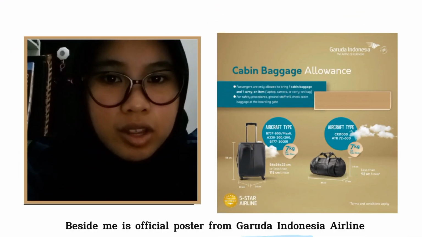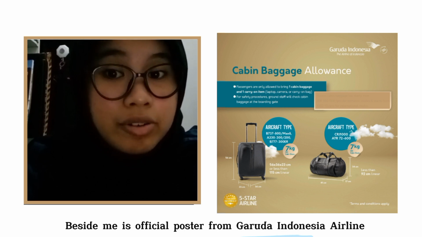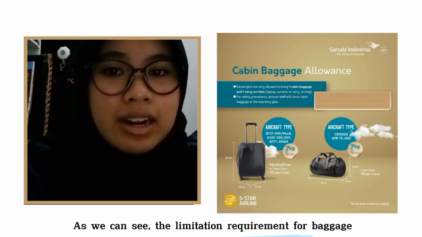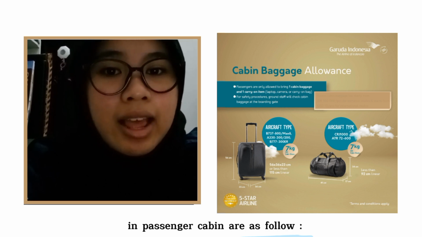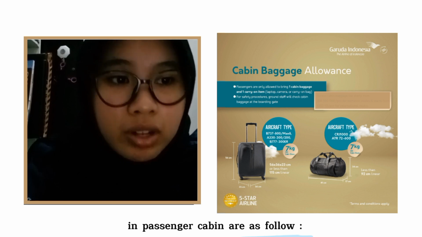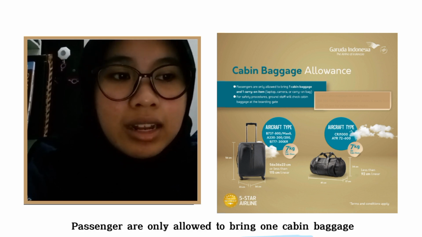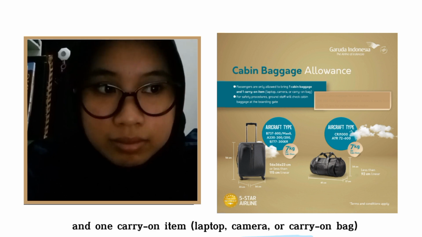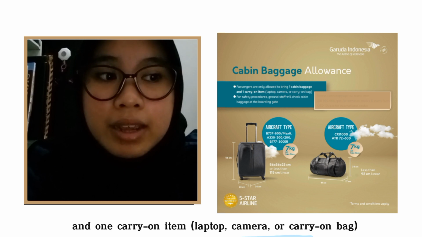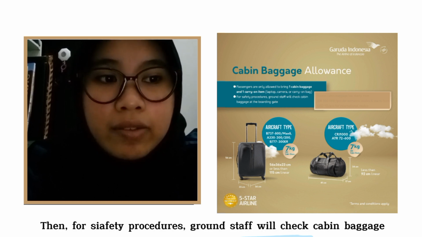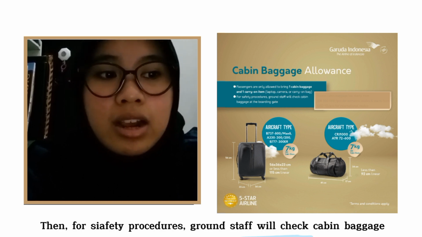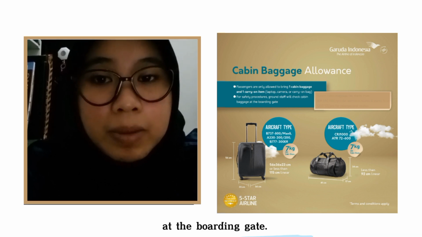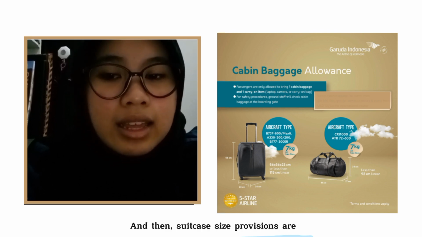Beside me is the official poster from Garuda Indonesia Airlines. As we can see, the limitation requirements for baggage in the passenger cabin are as follows. Passengers are only allowed to bring one cabin baggage and one carry-on item like a laptop, camera, or carry-on baggage. Then, for safety procedures, ground staff will check cabin baggage at the boarding. And then,